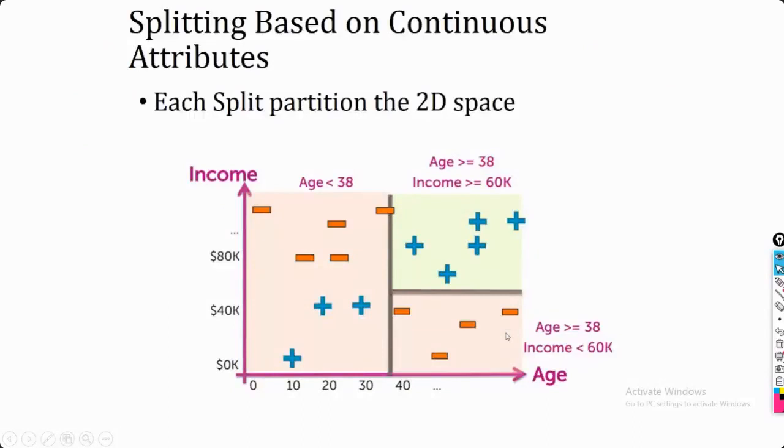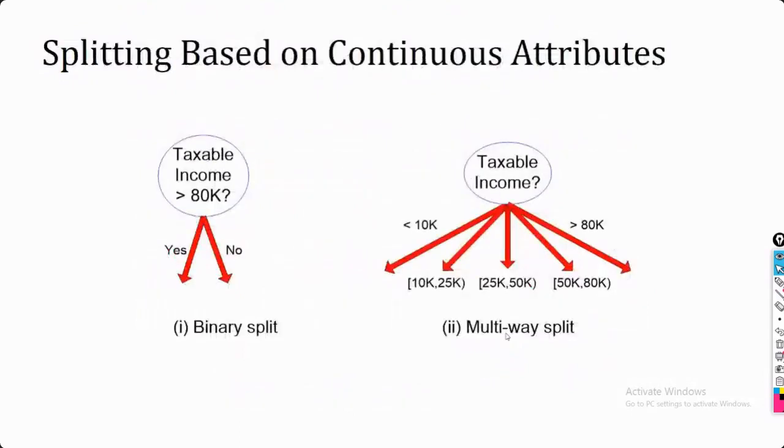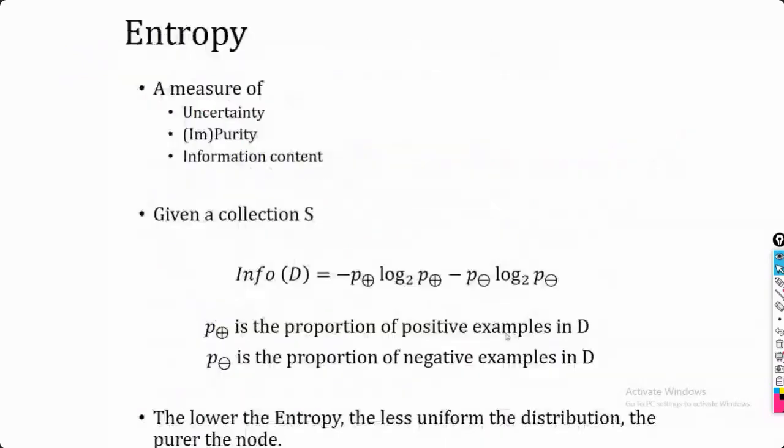So I think this point is clear to everyone: how we are selecting the instances and how we are selecting the attribute, what the different ways are to decide whether we need to go for a multi-way or a binary split, and if it is a continuous attribute, how we can proceed. So I mentioned this thing here. Can we continue in the next one? From that, I will start with this.